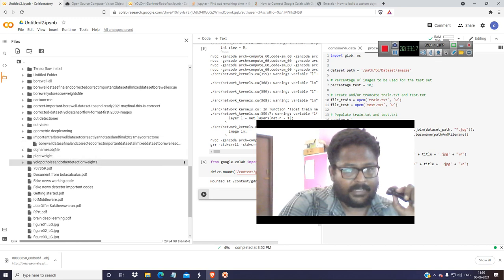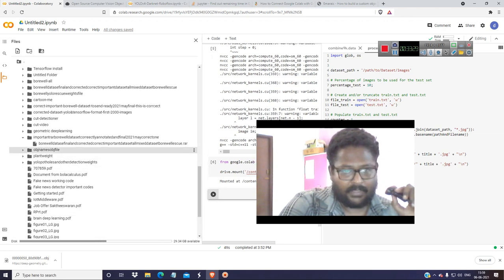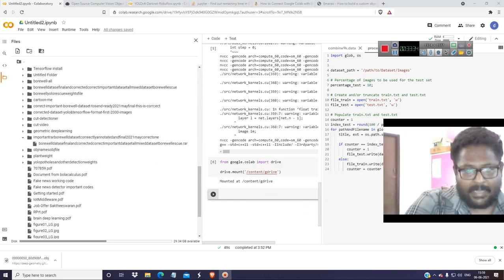Important, this is the file, I think. Okay, it is over here. It's a rar file. So we have to copy this path and move it.